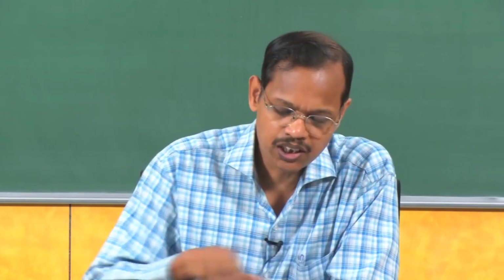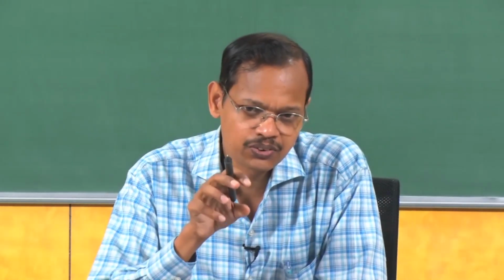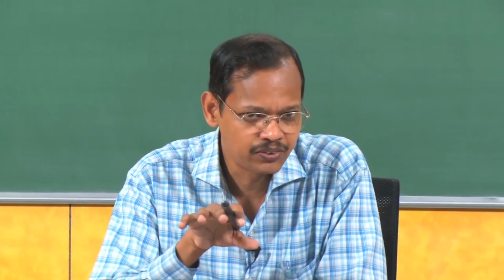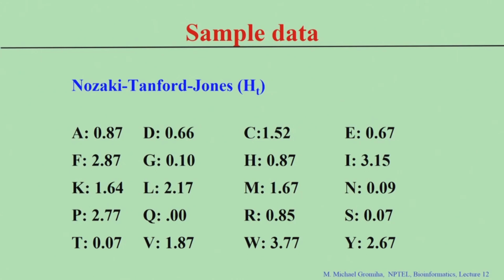So, if you look into these 20 different amino acid residues, we can see specific residues which have high values and some of them have less values. If you see this one, can you name a few residues which are highly hydrophobic? Tryptophan, right, isoleucine, right, phenylalanine, right. So, these residues are hydrophobic because they contain aliphatic groups or aromatic groups. In the partition coefficient, even the relative solubility, they also showed that these residues are